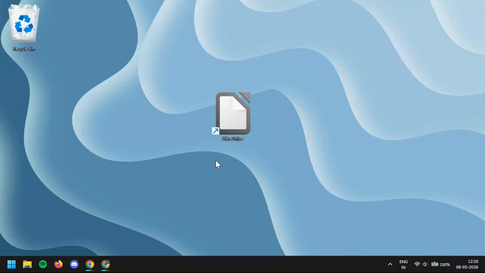If you need to create a barcode in LibreOffice, you're in the right place. In this quick tutorial, I'll show you the simplest way to insert a barcode into your document using LibreOffice Writer, so you can turn text or numbers into a scannable barcode in just a few clicks. This is great for labels, inventory sheets, product documents, tracking pages, or any file where you want a clean barcode